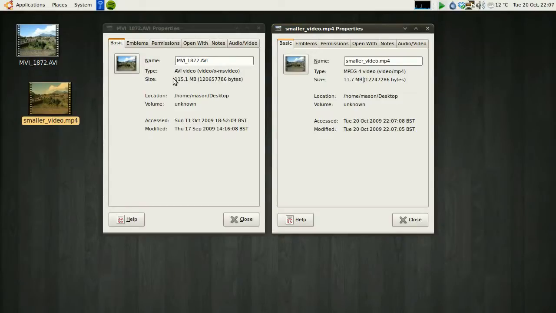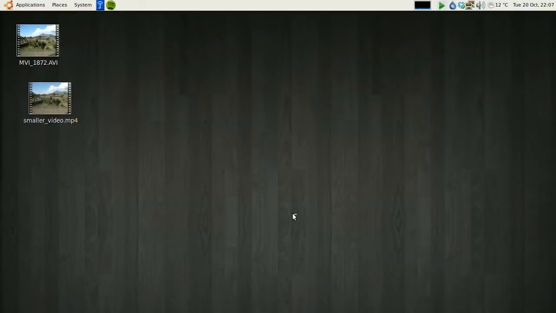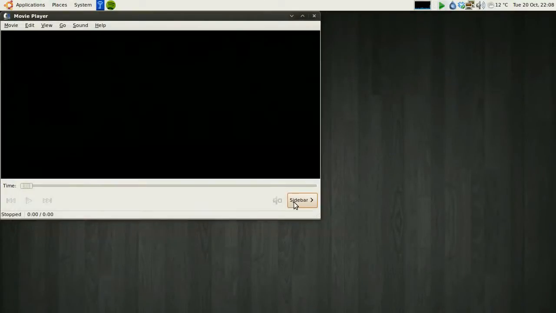Again, uploading 115 megabytes, even on a fast connection, could take an hour or two. 11 megabytes is only going to take 10-15 minutes. But more importantly, let's look at the quality difference, because you will always lose quality when you compress anything, especially video. So if we load up the original here,